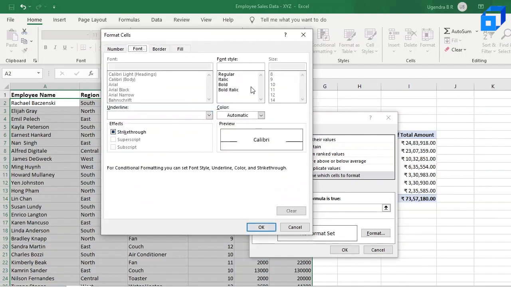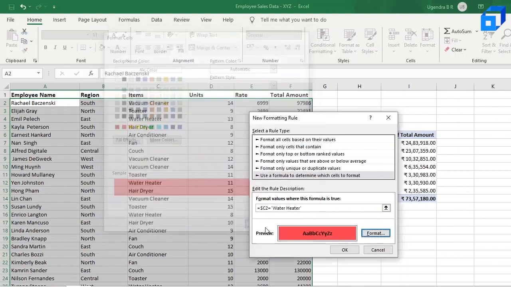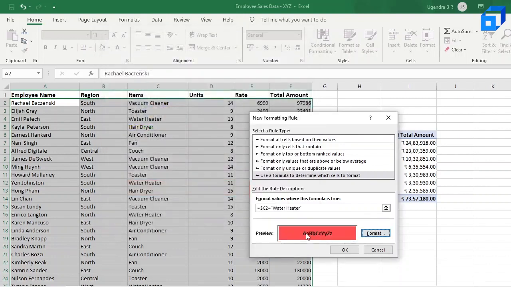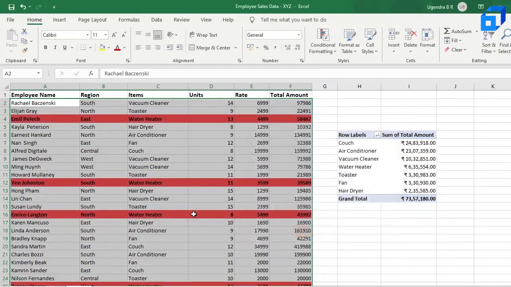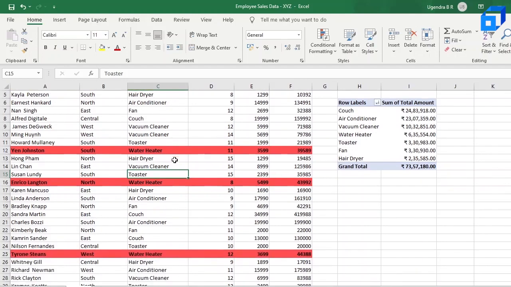Let us use it as bold itself because it will clearly be seen. And that's about the formatting options. And if you click on OK, this is how the entire row would look if it is highlighted. And now if you click on OK, you can see that all the values or records which have employees who sold the water heater have been selected.